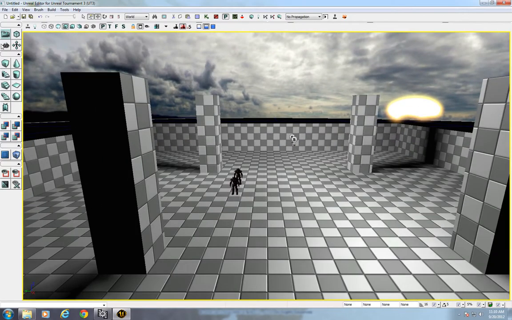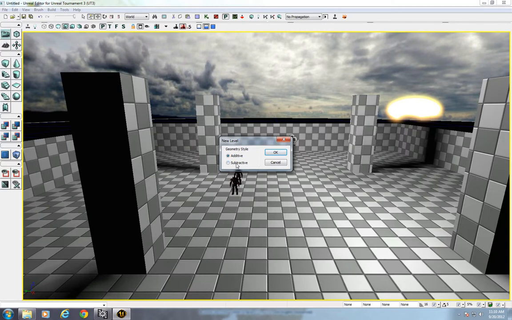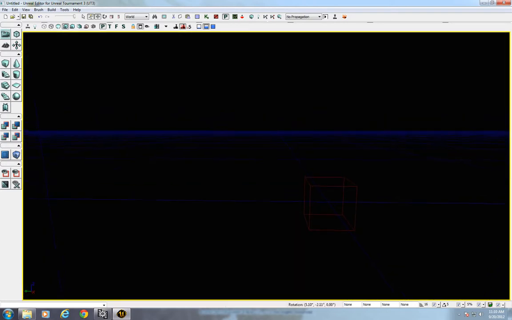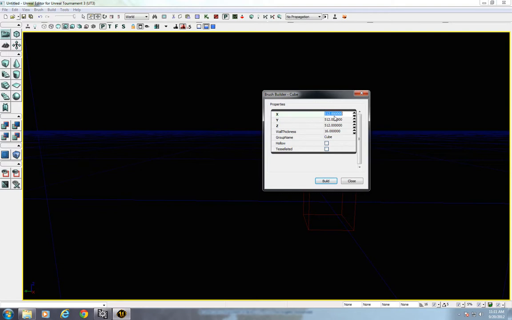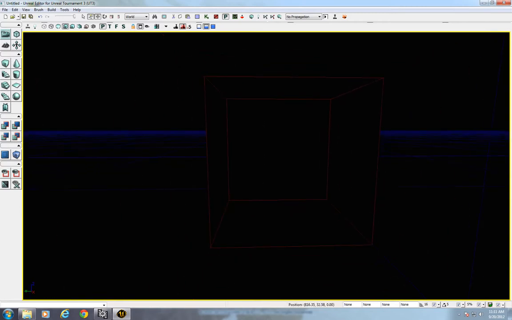So I'm going to create a new map. This time I'm going to make a subtractive world. And like I've said in my previous sessions, in a subtractive world, instead of everything being empty space, everything is filled in. Everything is, if you can imagine, you're trapped, buried underground inside a sandbox. And in order for us to create space, we need to subtract the space from the universe. So here I'm going to create a big enough cube. 2048 seems to be my favorite number, I know. And when I hit the subtract button here, I have now subtracted space from a universe otherwise